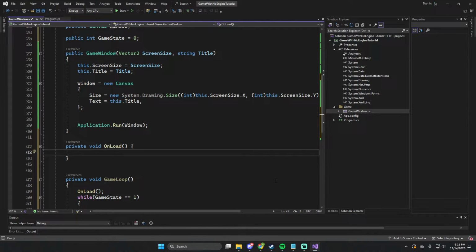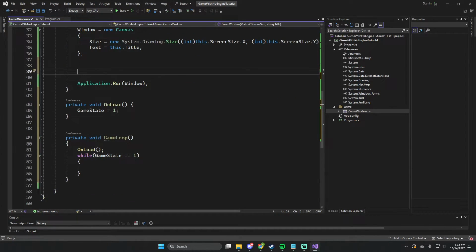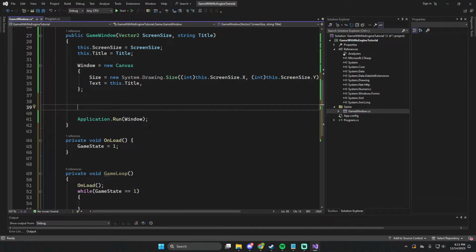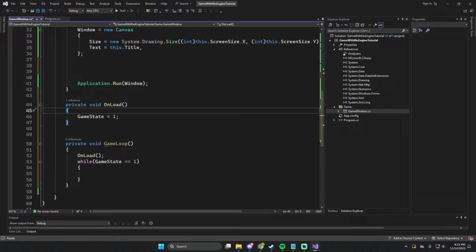And in onLoad, for now, it's not going to have much going on at the moment. This is going to be where we do testing stuff. We're just going to spawn our objects for now until later, when we want to spawn them with a level, for example. So onLoad, we'll say game state equals 1. And then we'll call onLoad here. Actually, no, we won't call that here. onLoad will be called when we run the game. That's my bad. So now let's go ahead and create our other methods for updating